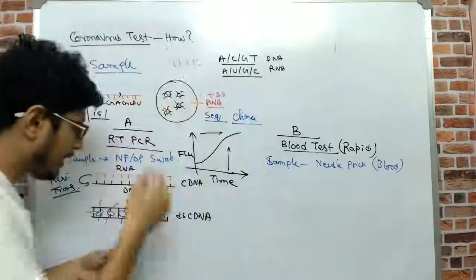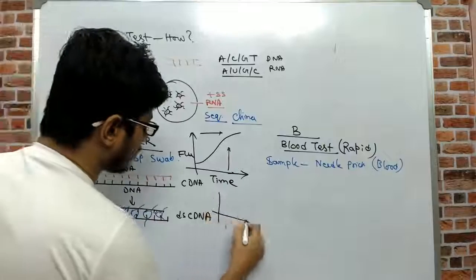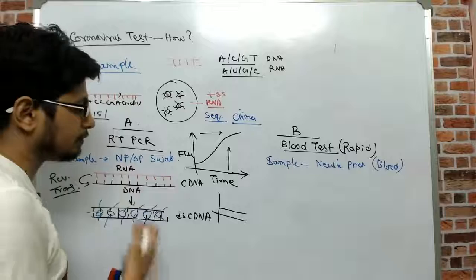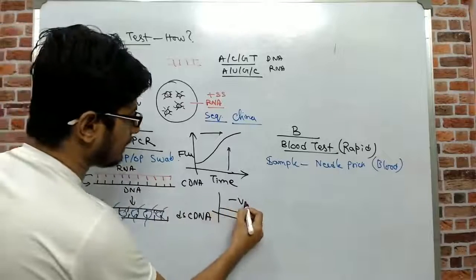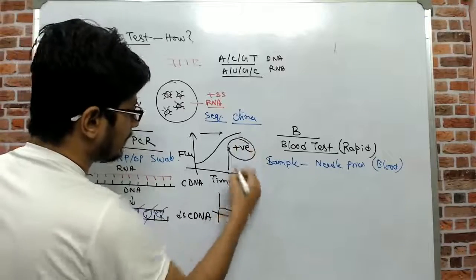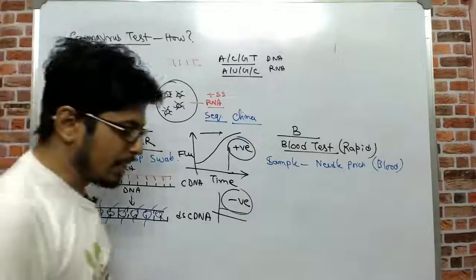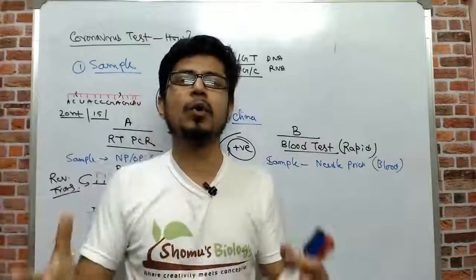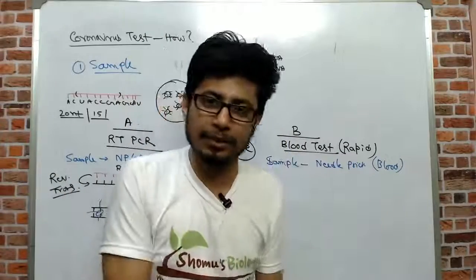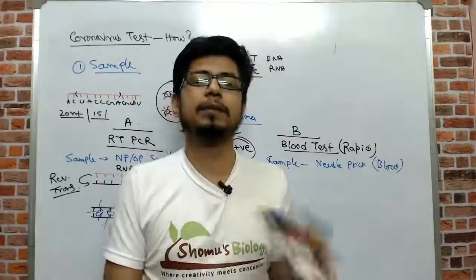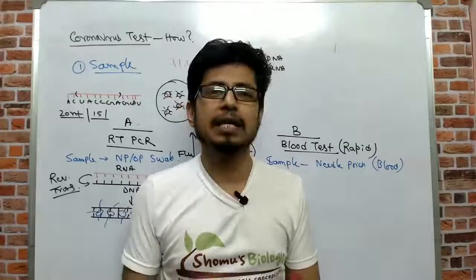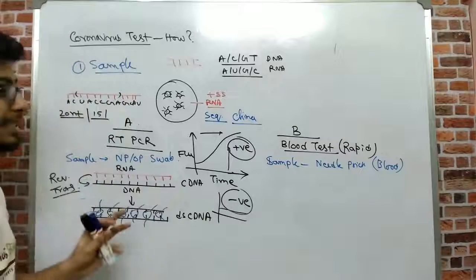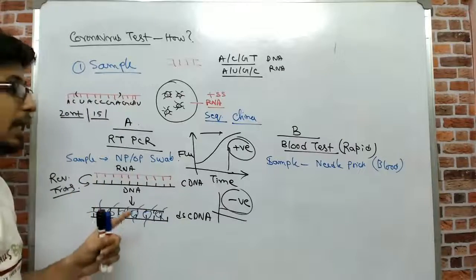On the other hand, if you see no change in the fluorescence after 1.5 hours, 2 hours or that time, we can say the test is negative. This is a positive test. Remember, this is how the test results are obtained, because a negative test means, if there is no fluorescence increment, that means there is no targeted region of the RNA present in the infected person. That means the person is not infected with that virus. So the test is negative. This is how we find out about the test utilizing reverse transcriptase PCR and real-time PCR.